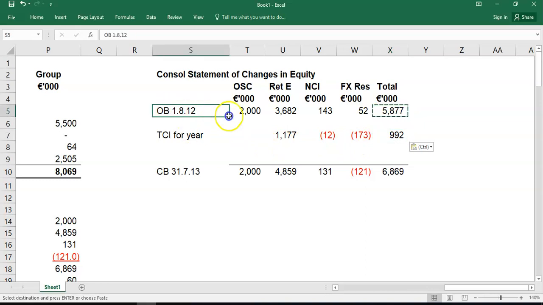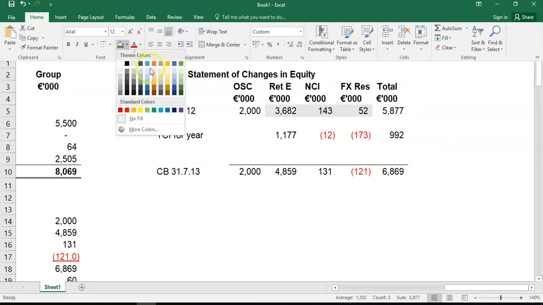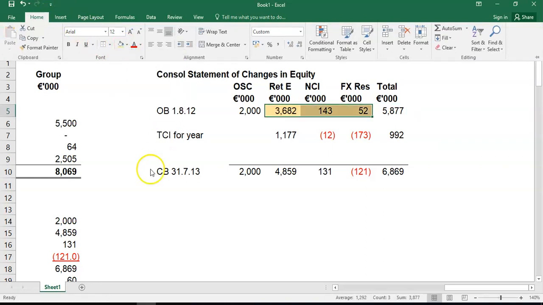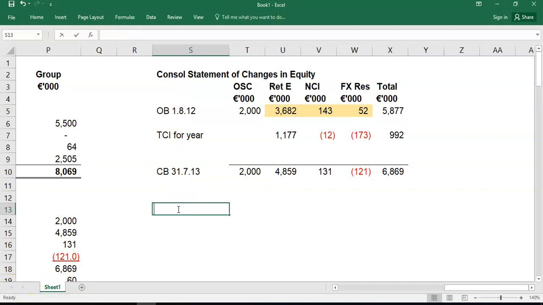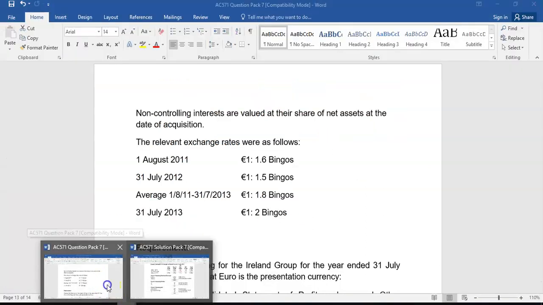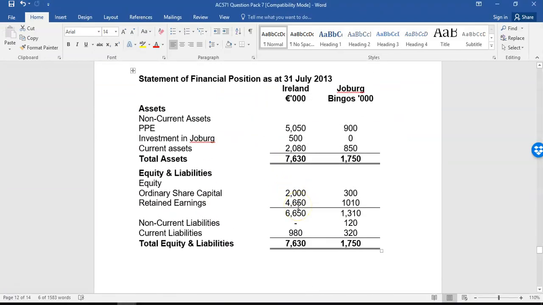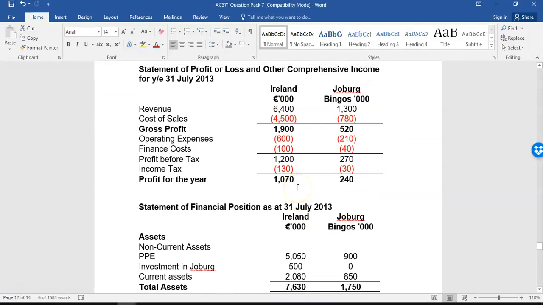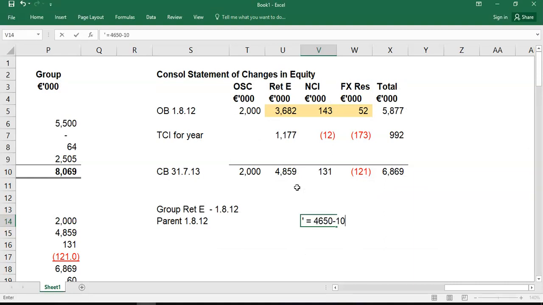Right? So that's how your statement of change in equity works. Remember, these are all plug figures. You're just backing into them, but we can prove them now just to illustrate where they come from. So take, for example, group retained earnings. We want to prove what that was on the 1st of the 8th of 2012. Well, we know the parent at the 1st of the 8th of 2012, if we look at Ireland's retained earnings at that date, it would have been 4650 minus the profit for the year, 1070. 4650 minus 1070, it would have been